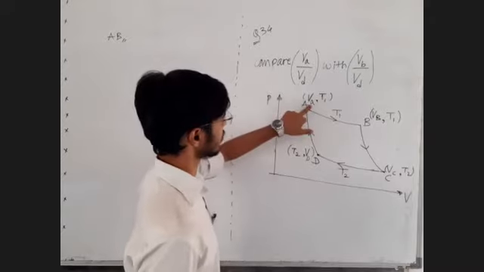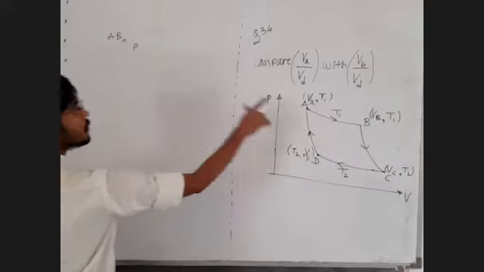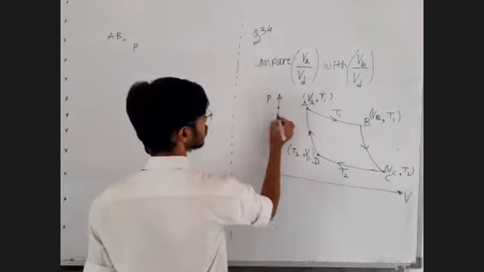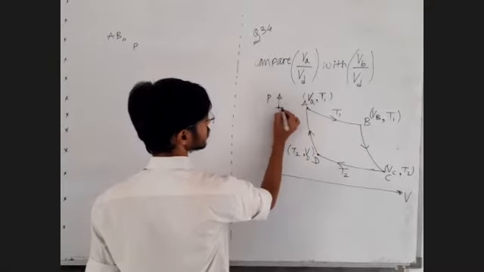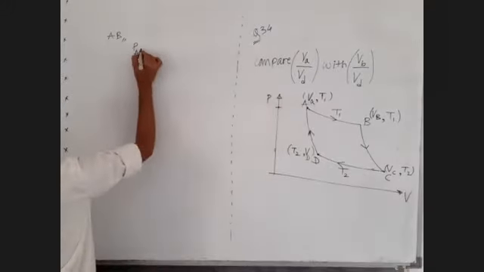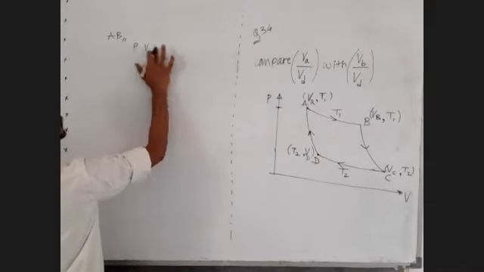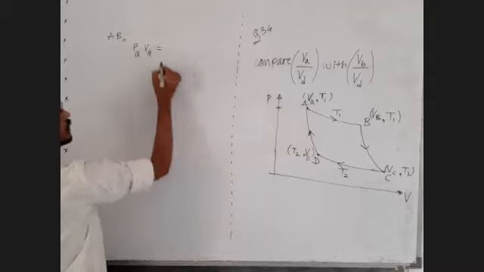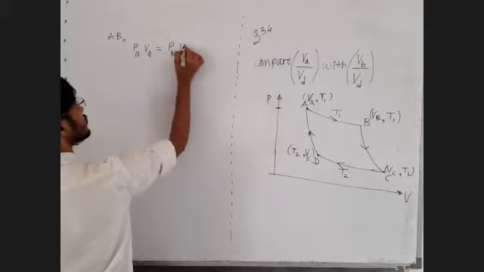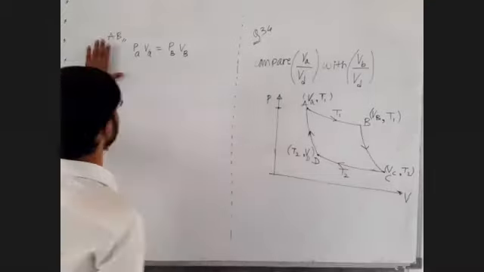But sir, here we have volume VA, here we have volume VB. Okay, let us try to write it. Let's see what happens. P1, we don't know, sir. P1 V1, let's say this pressure is something PA. Let us call this pressure PA. So PA VA, let us use the small letters. So PA VA is equal to PB VB. We have to find out VA upon VD. All right.